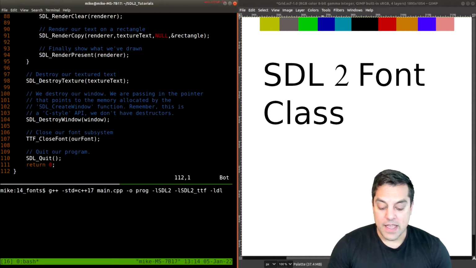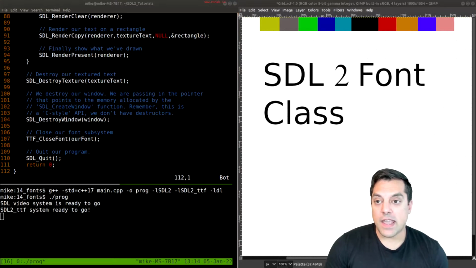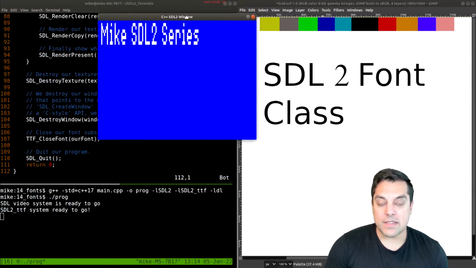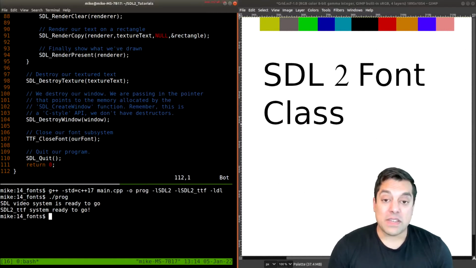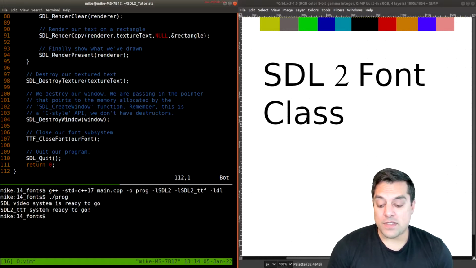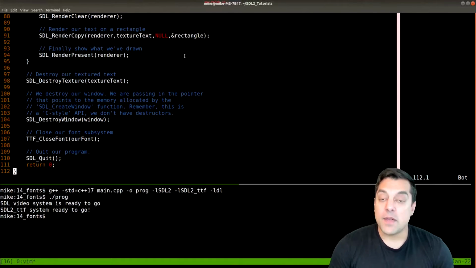If I compile this, here's the command line on my Linux machine, and run it, we had something like this show up. So we know that it works. Now we actually want to build a little bit of an abstraction with this code. So I'm going to leave this open here,